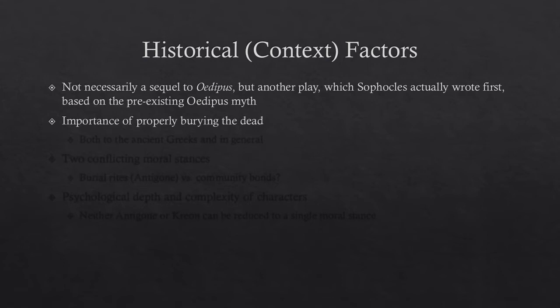And getting Hector's body so they can properly bury him is Priam's motivation for crossing the border and trying to commune with Achilles, and then his conversation with Achilles and their mutual great grief is what leads to the transformation of Achilles' play and the culmination of everything that happens in that poem. So burying the dead is incredibly important to the Greeks, and it's at the